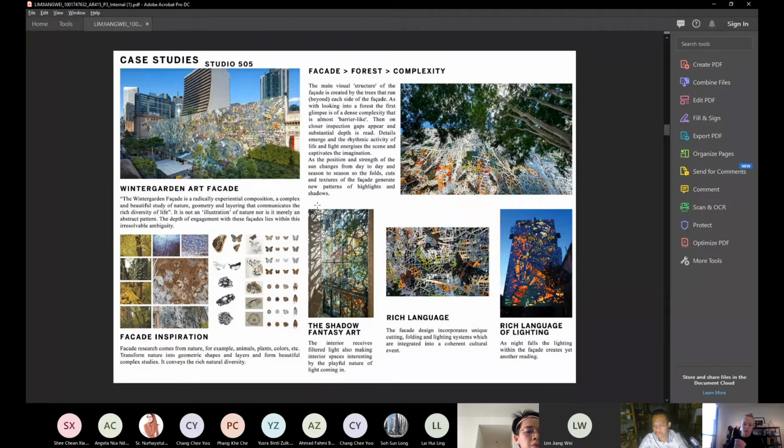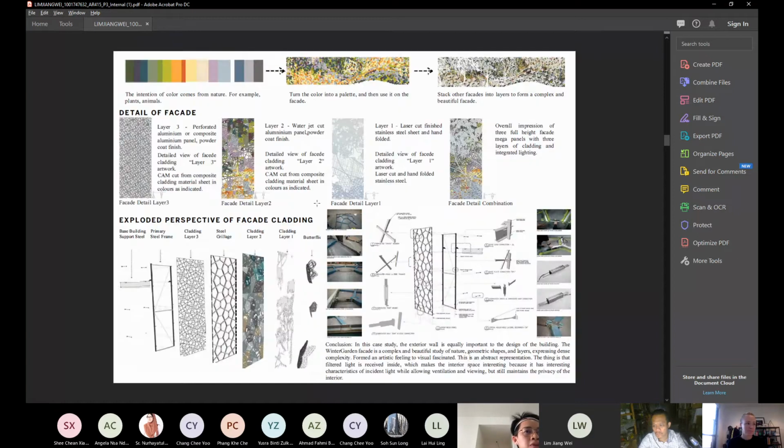The light is received inside, which made the space interesting because it has the interesting characteristics of incident light while allowing ventilation and viewing, but still maintaining the privacy of the interior. Yeah, this is the study and detail study of every panel.